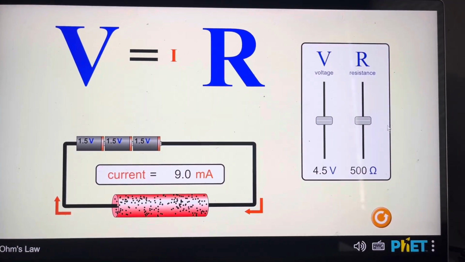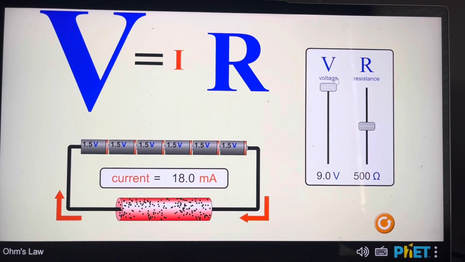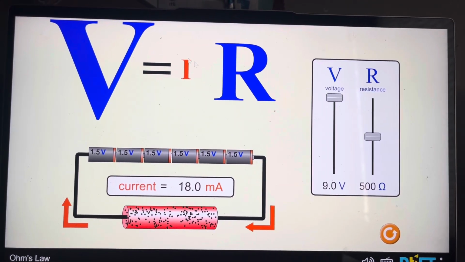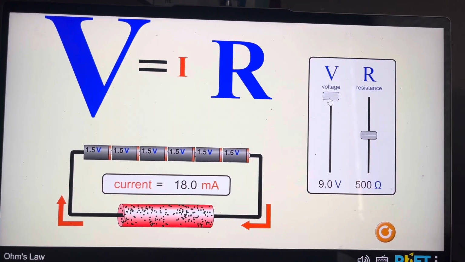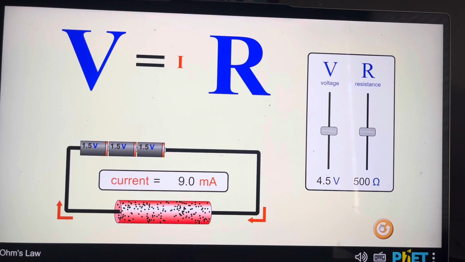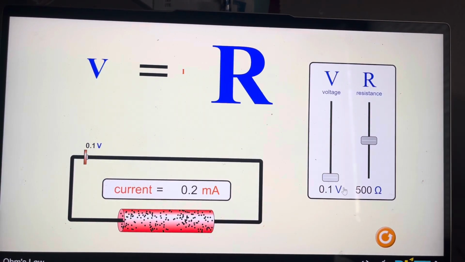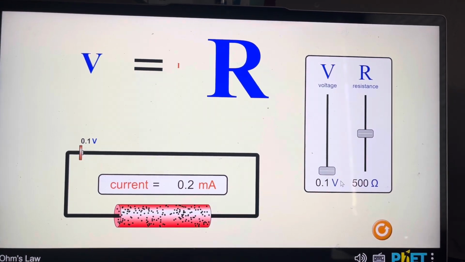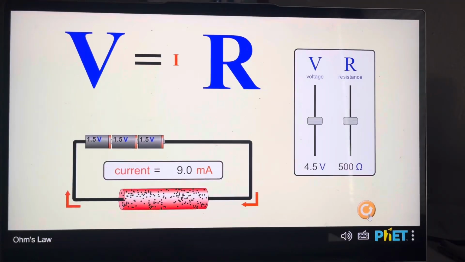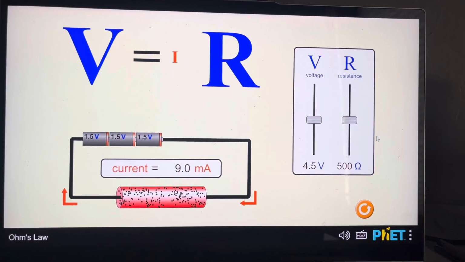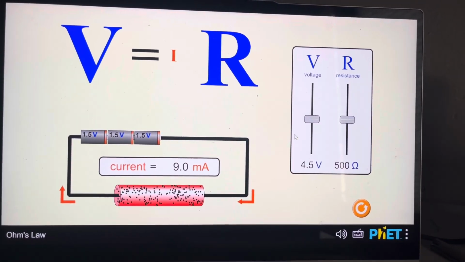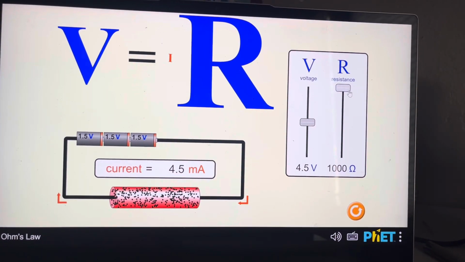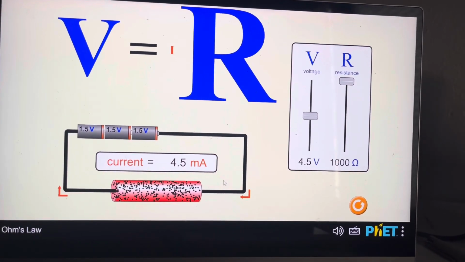As the simulation demonstrates, if you increase the voltage while keeping resistance the same, the current will also increase proportionally to the increase in voltage. Likewise, if you were to decrease the voltage while keeping resistance the same, the current would similarly decrease. Similarly, the current is dependent on the amount of resistance in the circuit. If you were to increase the resistance while keeping voltage the same, you would see a decrease in the current,